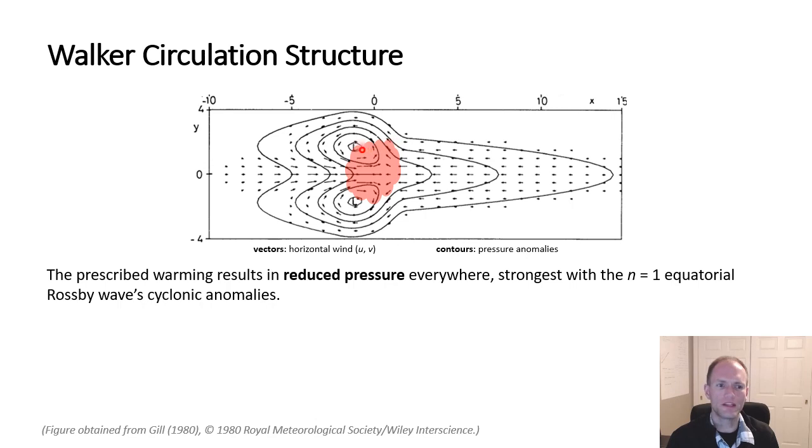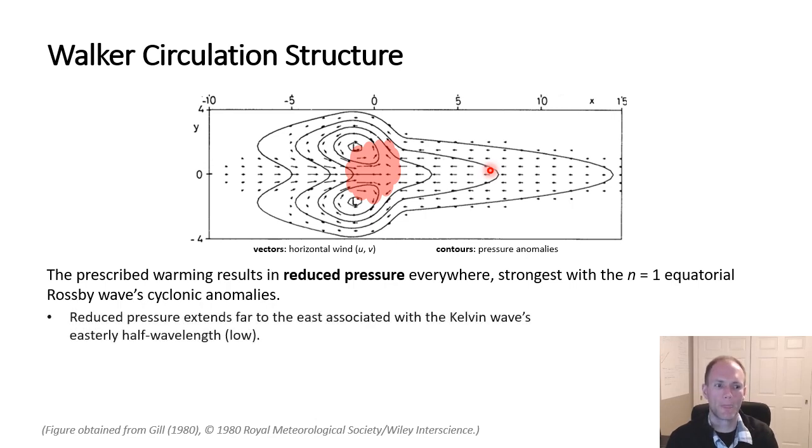These pressure anomalies are maximized here with the cyclonic rotation anomalies associated with the n=1 equatorial Rossby waves, cyclonic half wavelength that we see here. But it is still negative everywhere, with this rocket ship turned on its side-like appearance here. So our reduced pressure extends pretty far to the east along the equator, and this is associated with that Kelvin wave's easterly half wavelength, which we know is associated with relatively low pressure from our stick in the wind type